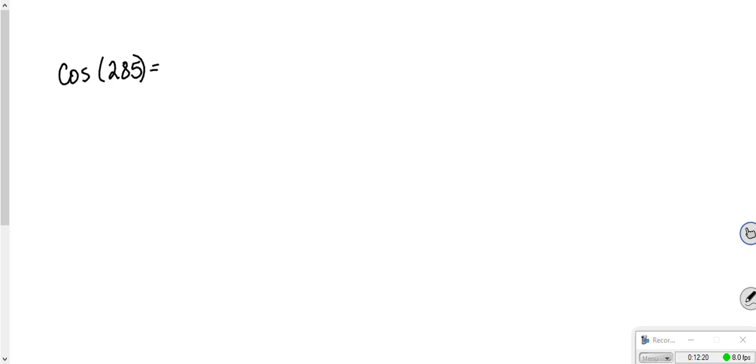So cosine of 285, doing the same logic that we just did with sine, would have to be cosine of negative 75 degrees. I should have put my little degree symbol in there. Now, the nice thing about cosine is that cosine is an even function. This is the same thing as just cosine of 75 degrees. Whether it's negative 75 or positive 75, in the first quadrant and the fourth quadrant, cosine is still positive,